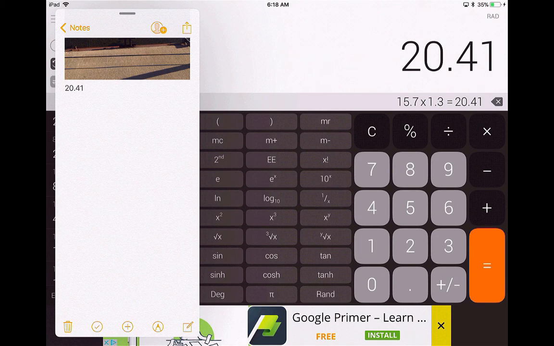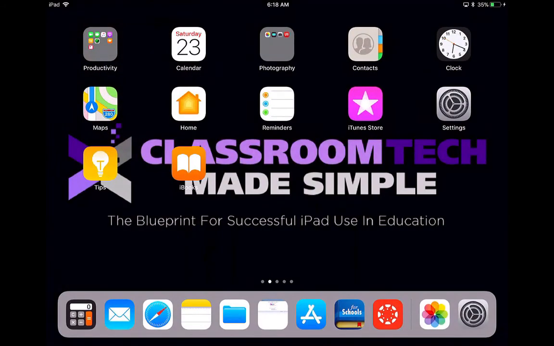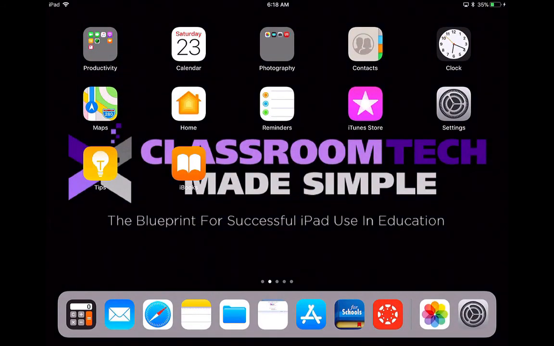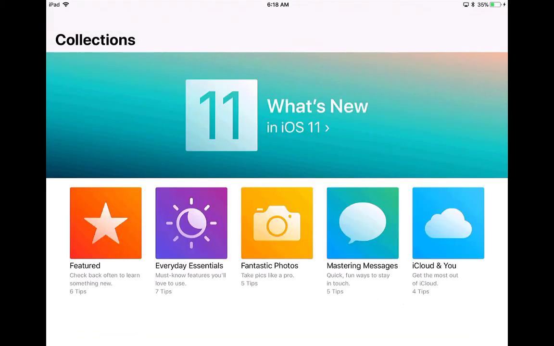All right, so that is everything with iOS 11. One final thing that I'm going to go ahead and share with you. Back to the home screen, the Tips button. If you take a look at the tips, it's going to give you different tips that are released, and they don't release them all at once. What they do is they just give you drip content every so often, maybe once a week, they will add new things. So if you go to the Tips button, you can learn new tips and tricks that Apple has created,